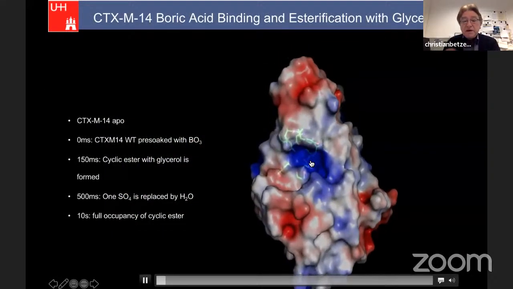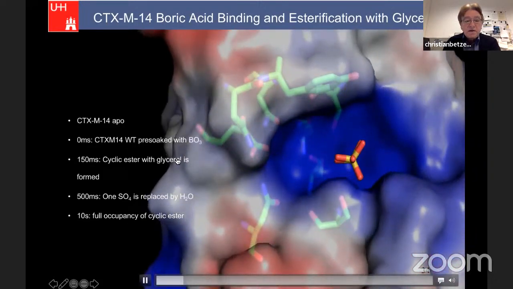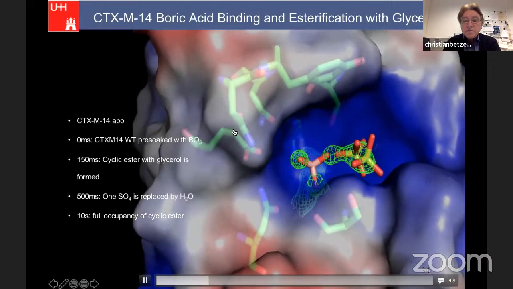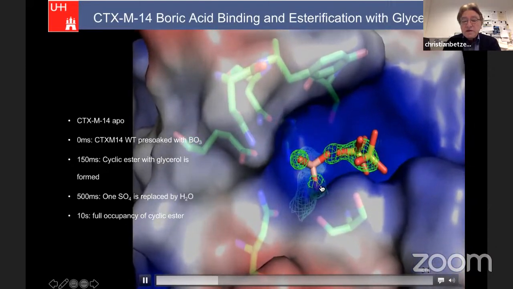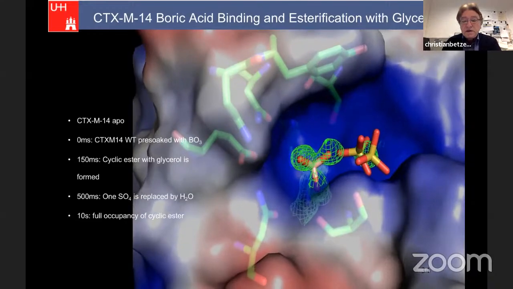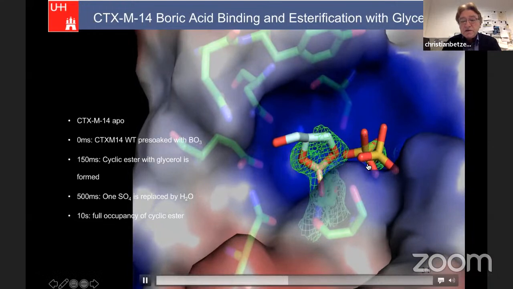And we modified, we had some idea, it was a type of lab accident. We added glycerol here. Glycerol is known to structural biologists as a cryoprotectant. And again, you see the same procedure. We collected data sets at different time points in the range from milliseconds up to 10 seconds. And you see the bond formation of a cyclic ester bond. And this was tremendous. Also, one solvent was here, it's just moving.